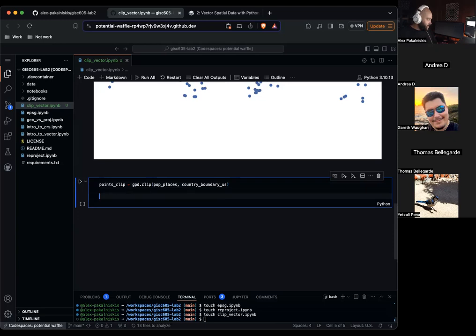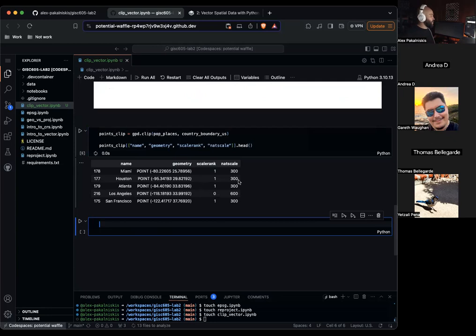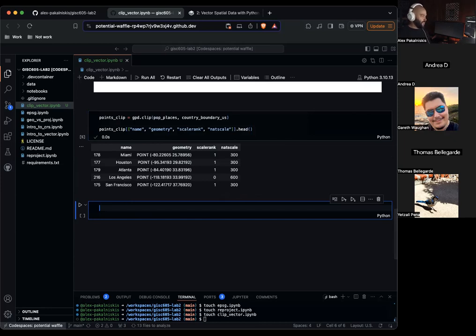Then let's display the first 6 rows and a few of the columns of these populated places: name, geometry, scalerank, and so on, dot head. So you can see we have cities like San Francisco, Miami, Houston, Atlanta, Los Angeles.